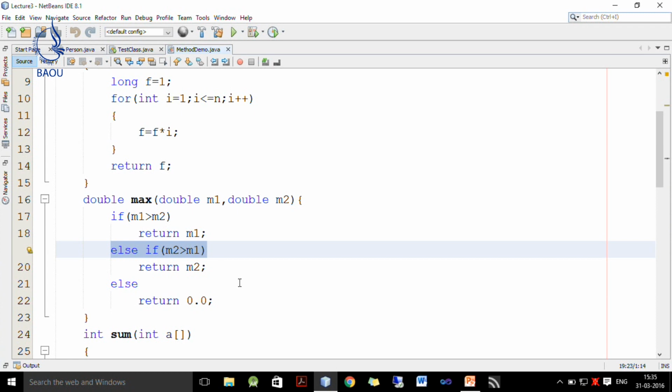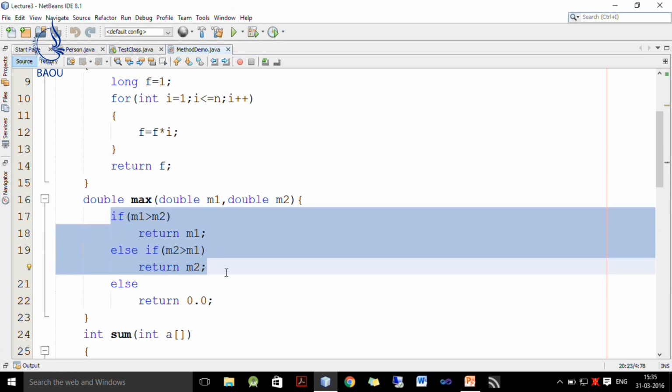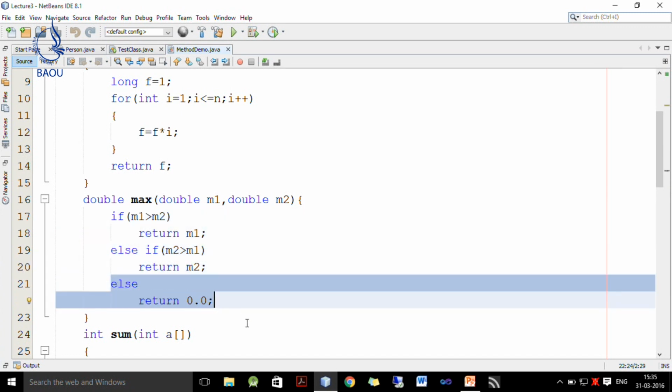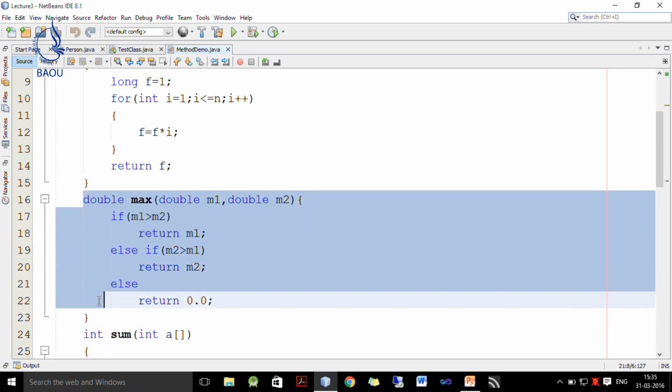So, I write else if m2 is greater than m1, it means m2 is maximum. So, I return m2, and if both the conditions fail, it means both are equal. So, I return 0. Whenever I get 0, it means both numbers are equal and none of them is maximum. So, this is how this max method works.